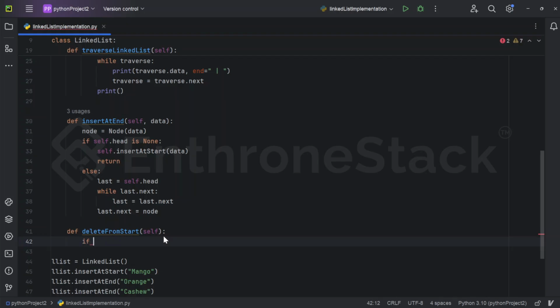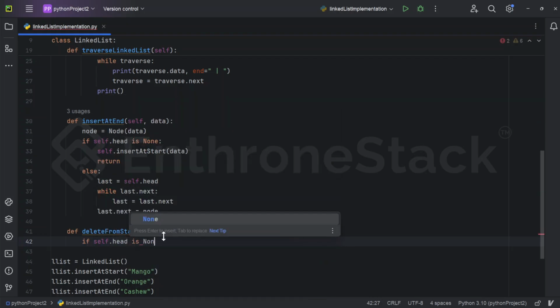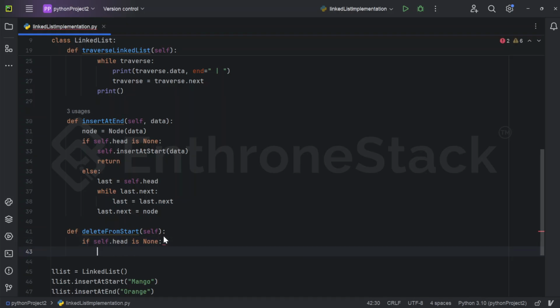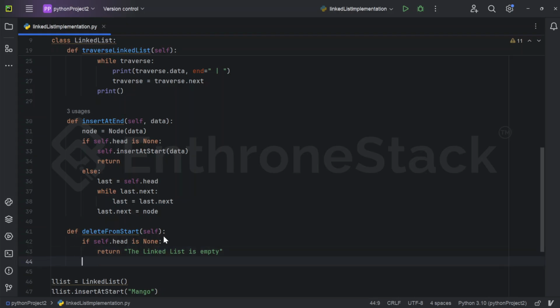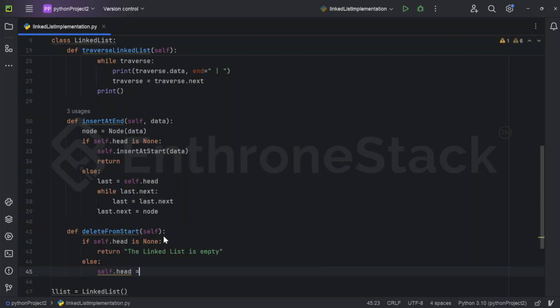If self.head is none, meaning if the linked list is empty, then return the linked list is empty. Otherwise, that is else, we delete it. Self.head equal to